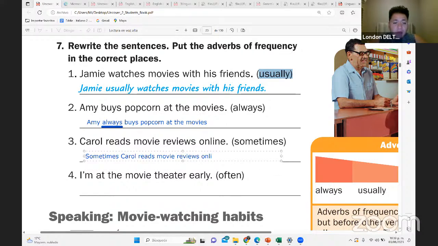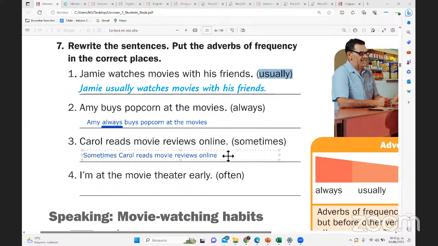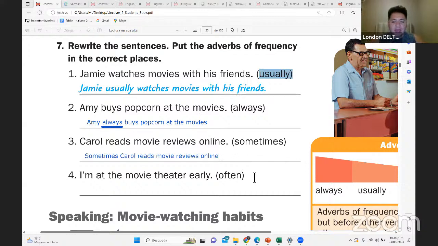Do you read the reviews before watching a movie? Do you read the reviews? ¿Ustedes ven las reseñas antes de ver una película? Yes, always. But for me, sometimes I usually follow the social media. If the social media criticizes, then I think it's not a good movie. But sometimes there's a lot of hype. ¿Se acuerdan de esa expresión hype? So there's like a high hype for the movie, and well, I want to see if it meets my expectations.